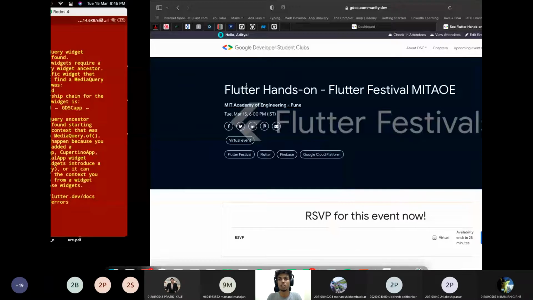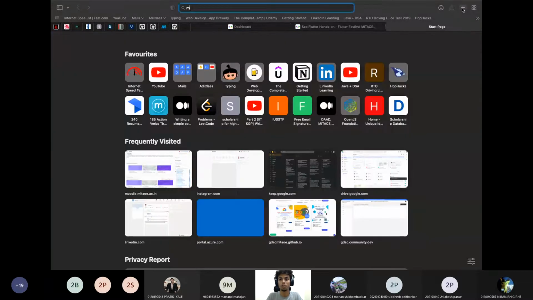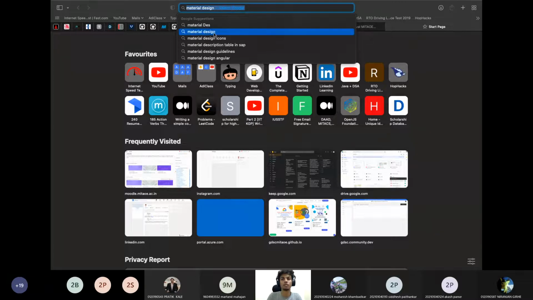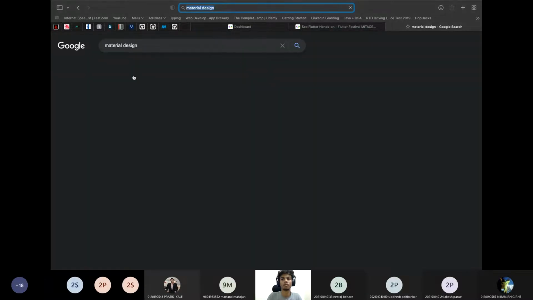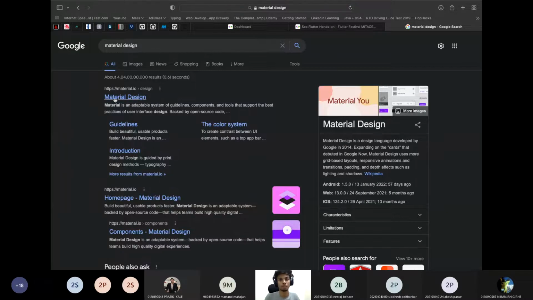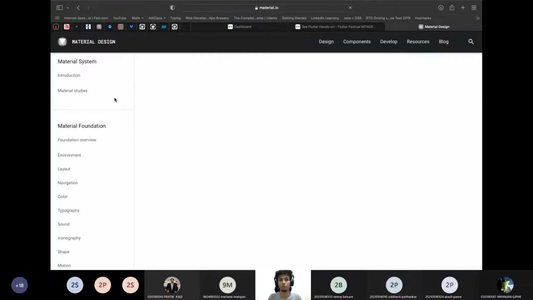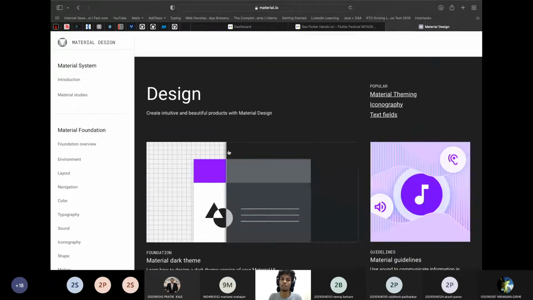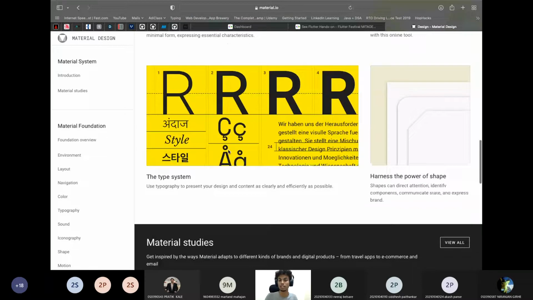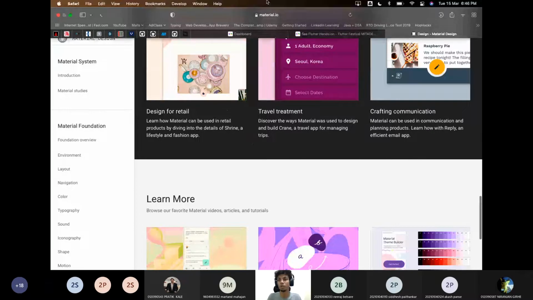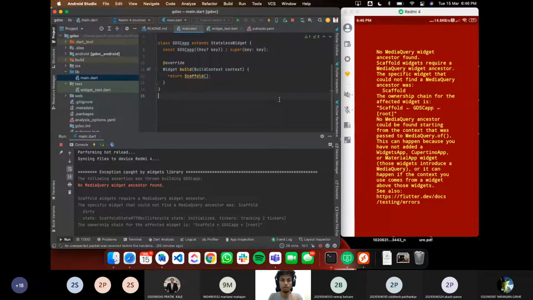I will just search it on Google as well to show you. We call it material design. These are just guidelines which we can follow to develop apps. For iOS, there are other guidelines. We call it Cupertino icons and all that stuff. So these are the basics. It will be better to follow guidelines. It is not compulsory, but it is better because we need to maintain some uniformity, right? So for that, we need to first